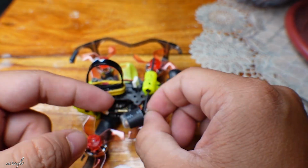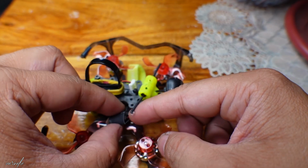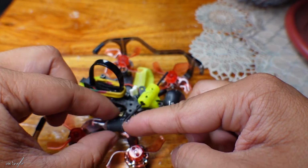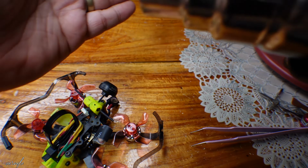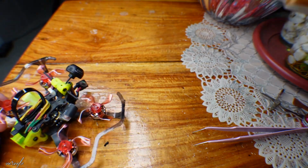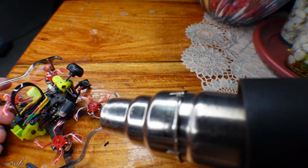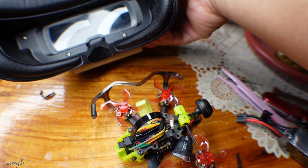So if you have some spare heat shrink, please give me some. Hot blower, medium range, just to melt those heat shrink. On the controller,